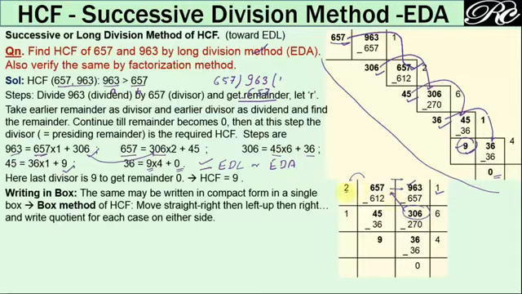Here it will go for 2 times, means quotient will be 2, so write 2 here, it becomes 612. Now taking the difference we are getting 45. Now this 45 will act as divisor for the dividend 306. So now dividing this 306 by 45, it will give a quotient of 6, then it becomes 270. Taking difference, the remainder is